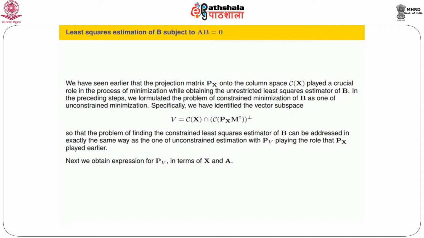Cu is Px M transpose U, which means M transpose U pre-multiplied by Px takes me to 0. When does it happen? When M transpose U is an element of the orthocomplement of Cx. That means M transpose U is orthogonal to Cx. So therefore A transpose U, which is the same as X transpose M transpose U, is equal to 0.